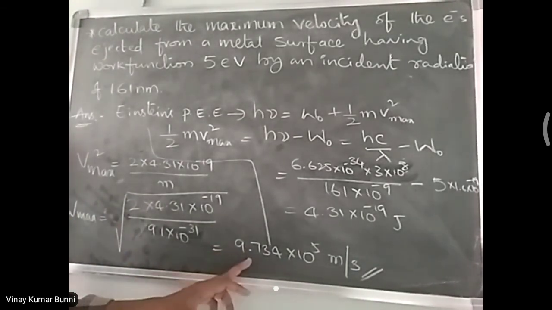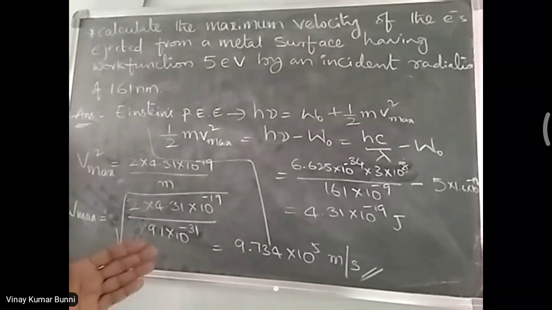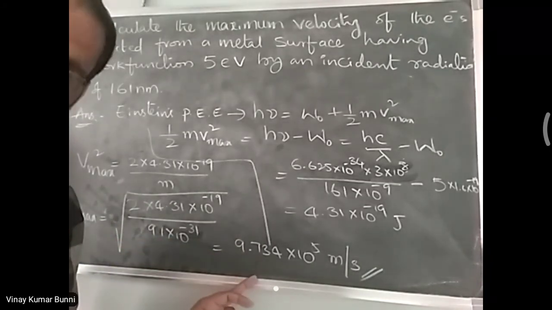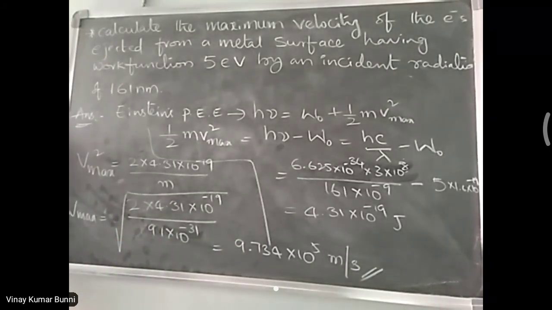The ejected electron attains this maximum velocity and goes to the next plate, which is it moves towards the metal plate B with this maximum velocity. So these are the different kind of problems for the photoelectric effect understanding. I hope you understand well about this photoelectric effect concept thoroughly. So please read, please get complete knowledge about this photoelectric effect. This is one of the biggest achievements in physics.